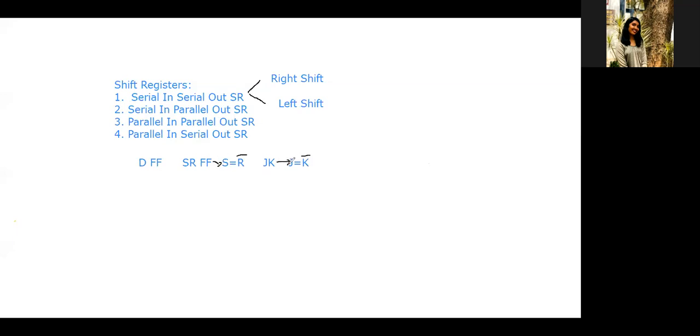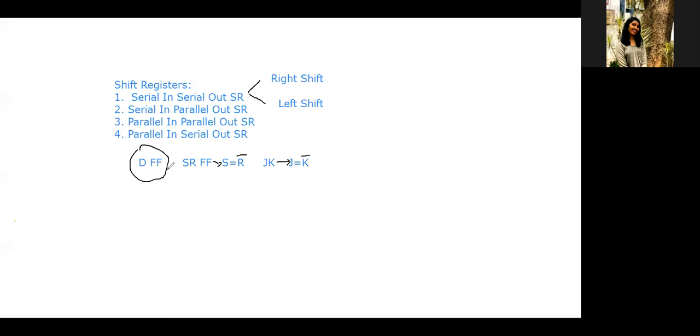But it is very difficult and you may get confused, so to avoid that, we mainly use the D flip-flop for shift registers. If S is equal to R bar, the SR flip-flop is converted into a D flip-flop. In the same way, in the JK flip-flop, if J is equal to K bar, then the JK flip-flop is also converted into a D flip-flop.